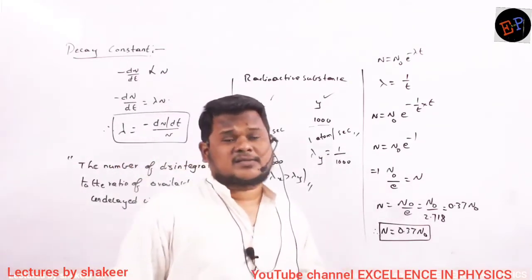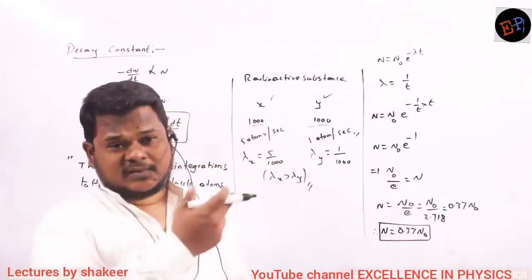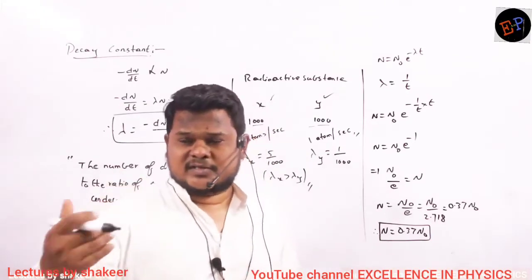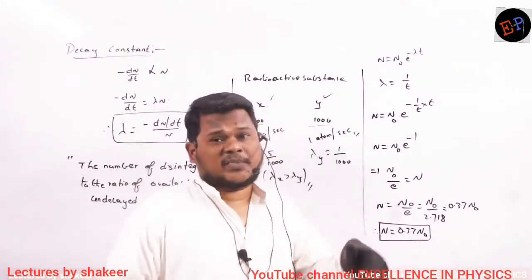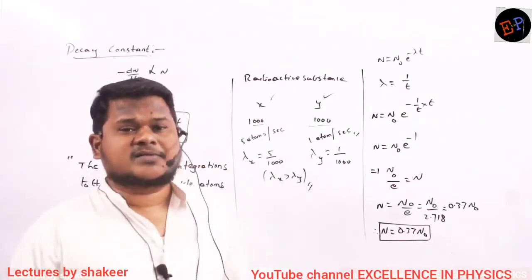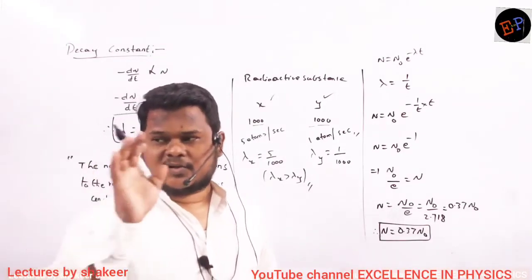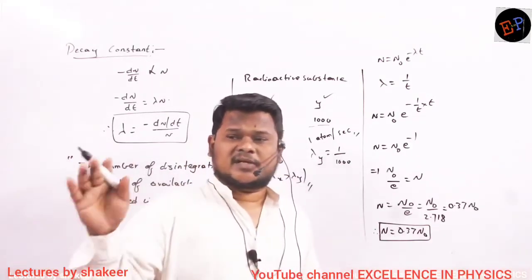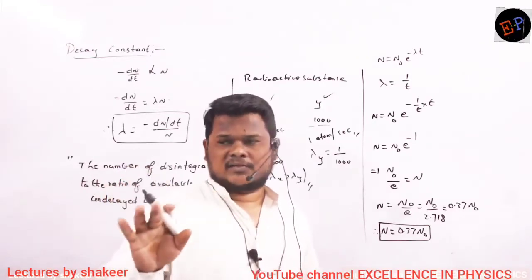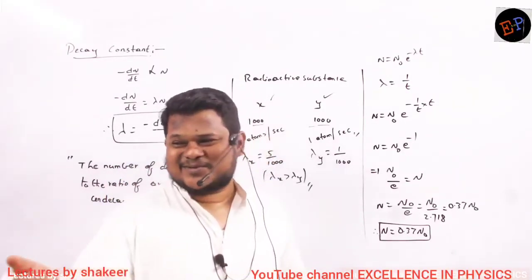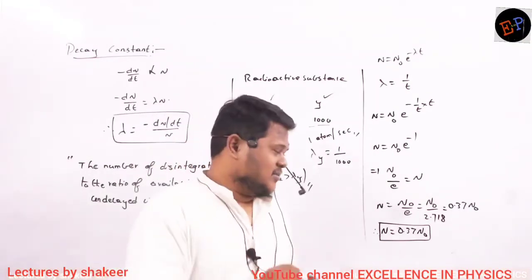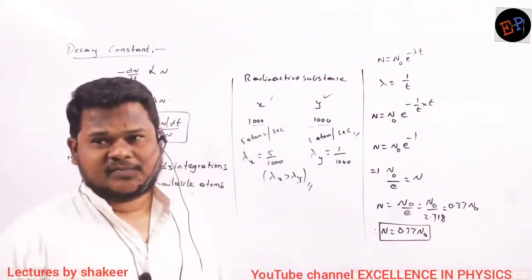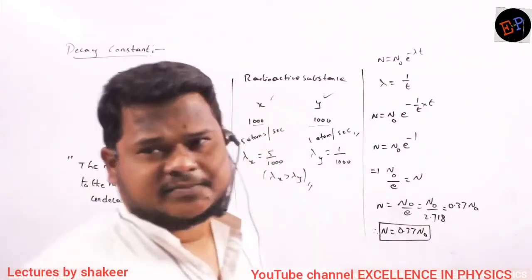So therefore lambda is defined as the reciprocal of the time taken for 63% of the atoms to disintegrate, or for 37% of the atoms to be still ready for disintegration. That reciprocal of time is called lambda. Not the time taken, but the reciprocal of the time taken for which 63% of the atoms should be disintegrated. 63% should disintegrate, and only 37% should be still present. That reciprocal of time taken is nothing but lambda. Understood? Make a note. So what do I write?